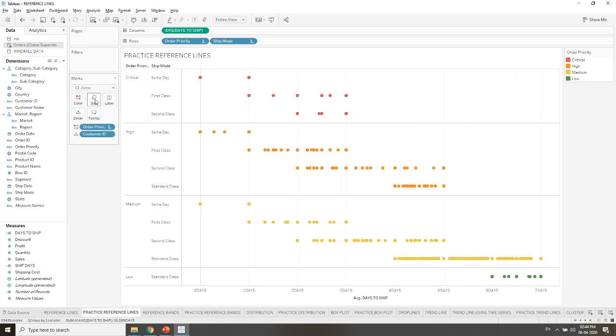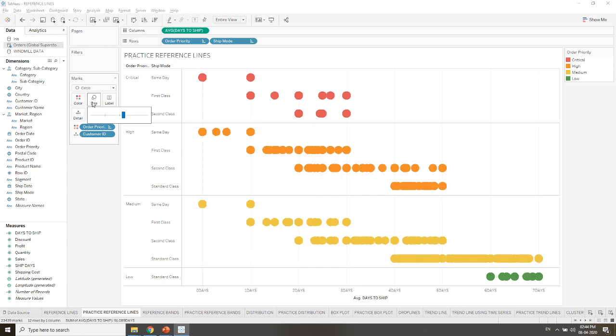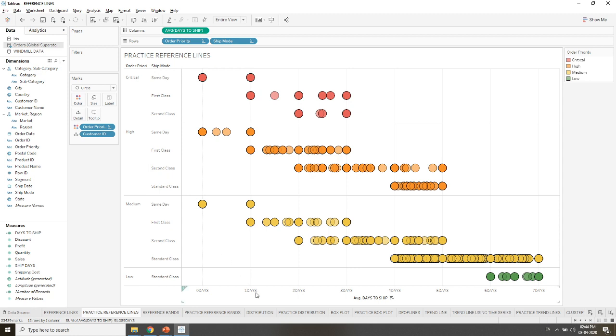This type of chart we will be getting. I'm increasing its size up to this, then I'm going to color, and while coloring I'm decreasing its opacity, and I'm giving it a value of this. Now I need to add a reference line, so I will be right clicking over here